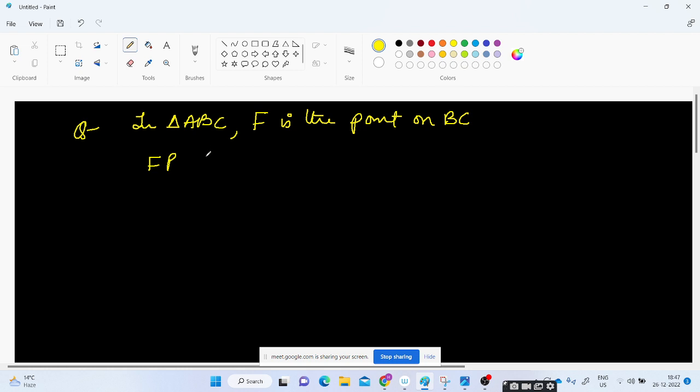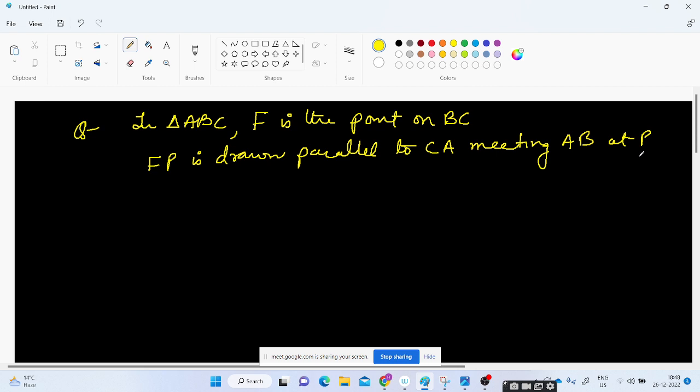FP is drawn parallel to CA, meeting AB in P, or at P, and